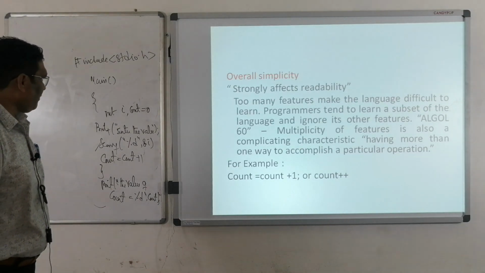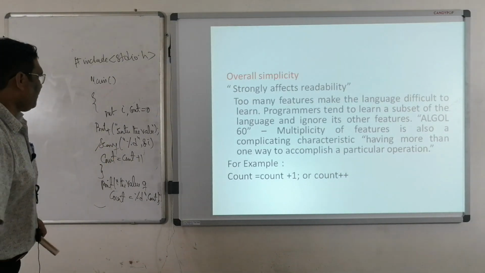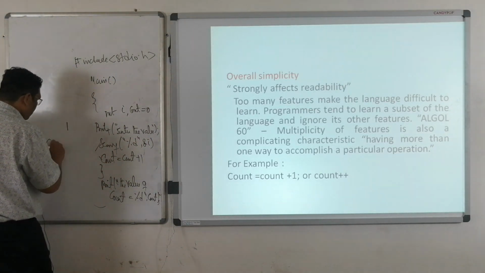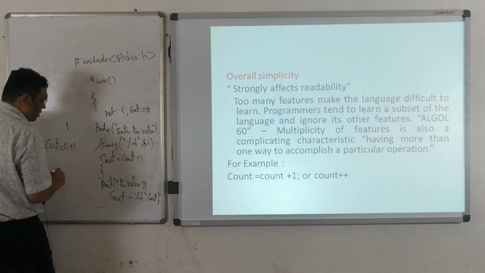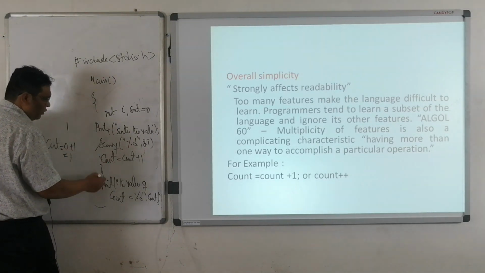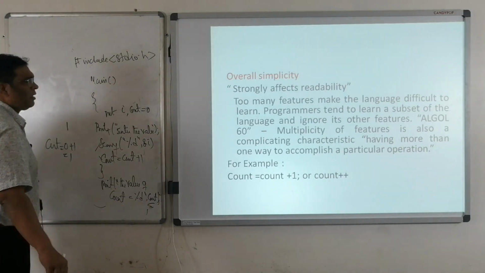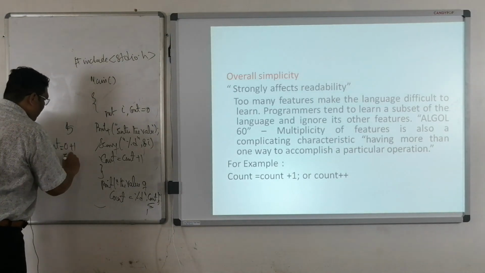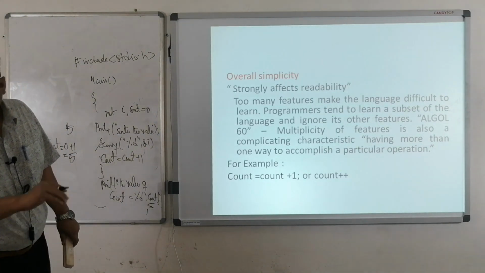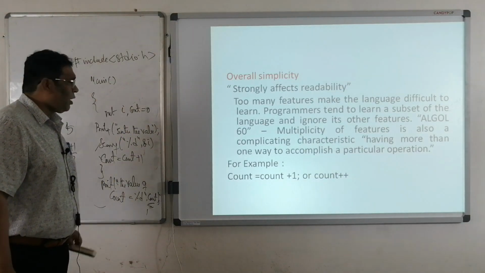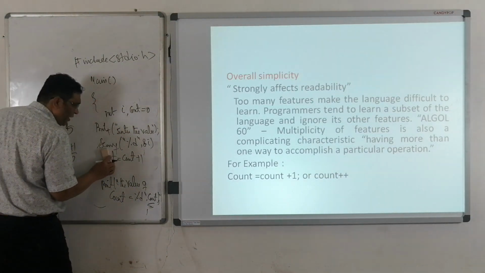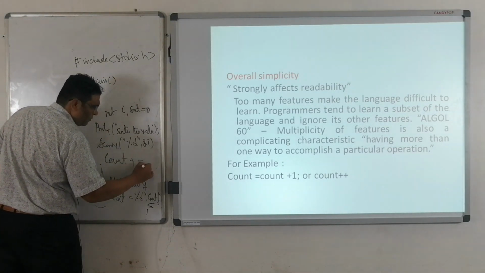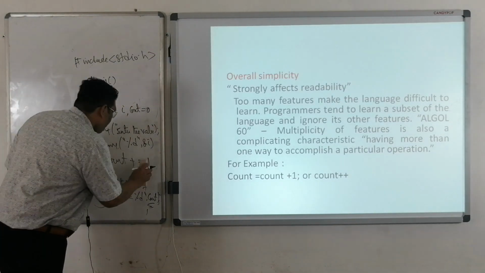What is this program I have written? I am taking a value of int. If I take the value of 1, I is equal to 1, count is equal to 0 plus 1, so count becomes 1. The value of count is 1 the first time I enter it. If I execute the program again and enter 5, count becomes 5. I haven't gone into a for loop or anything like that. Now I can write this count in different ways: count is equal to count plus 1, or count plus is equal to 1, or a different way.